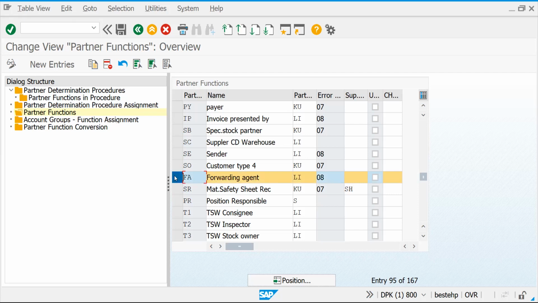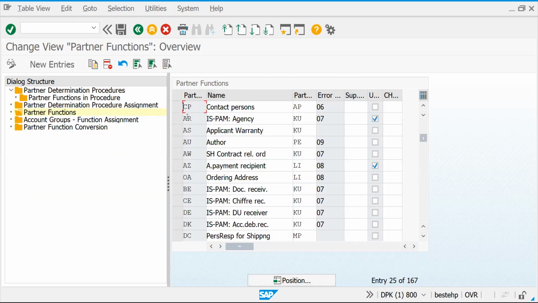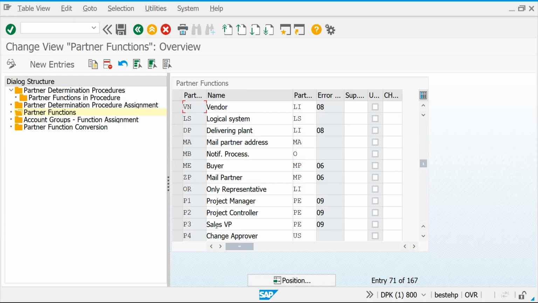In a similar way, let's go to another partner. This is also a standard partner, like a contact person. You can even find the partner vendor. Based on the business scenario, we'll create different partners. If you see, buyer, logical system, and even sometimes your delivering plant will be created as a partner. It depends on the scenario and how you would like to choose.